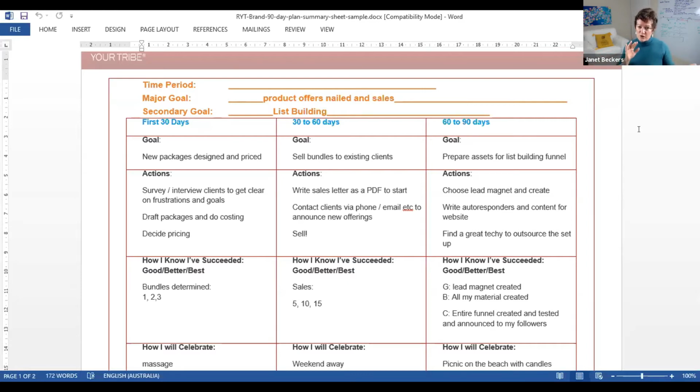So she's gone from working one-on-one with people, and we want to leverage that and start getting ready to create online resources so that she can eventually do a course. But we don't have to go straight to the course. First of all, she wants to design some new packages so she's no longer selling her time. She wants to create packages so she can sell 3 to 6 months' worth of her time in one go, while also bringing in groups and creating resources which can then be sold as online courses.